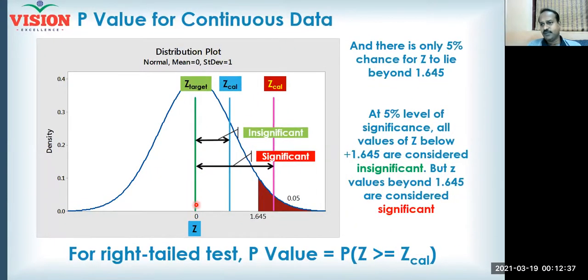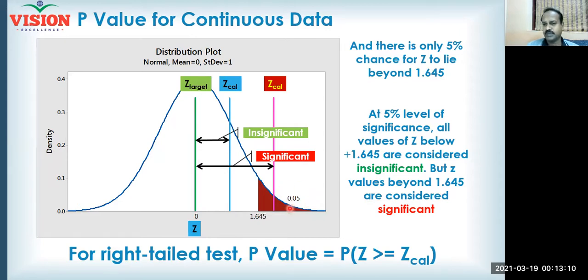Basically, if you have any process and your Z statistic, you want the Z statistic to be at the target. If your Z statistic is exactly at the target, your Z value will be 0. Generally we go for a 95% confidence level in any statistical study. At 95% confidence level for a one-tailed test, that means you observe significance only on one side of the curve, Z should be 1.645, and that is what is indicated here. Beyond 1.645, the probability is only 5%.